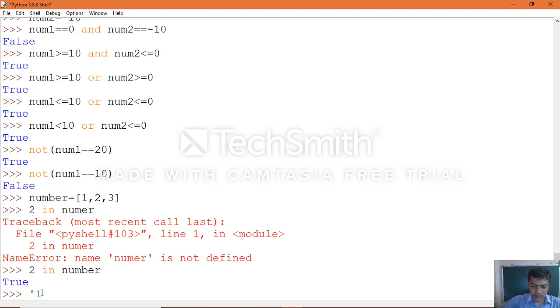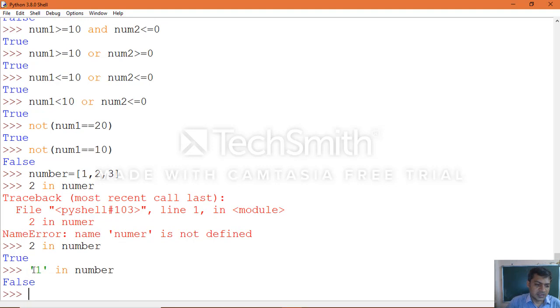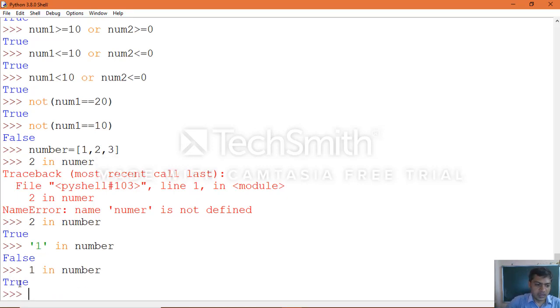Same way, 1 in number, false, because the moment you enclose the value with quotation, it becomes a string value, but a string value is not given in the number sequence, that is why you will get false. Same way if you like this, okay, now true. That is how the in operation works.